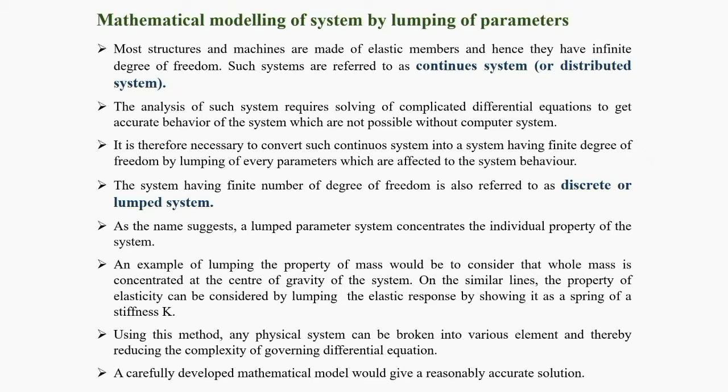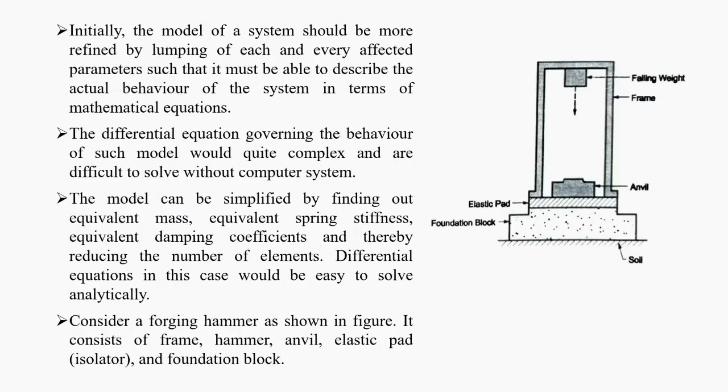So if a model is carefully developed by identifying each and every element of the vibratory system, then we can get a reasonably accurate solution. But the mathematical model developed initially would consist of a number of elements, like a number of springs, a number of dampers, and a number of masses. So that initially developed model would have more degrees of freedom, and that's why